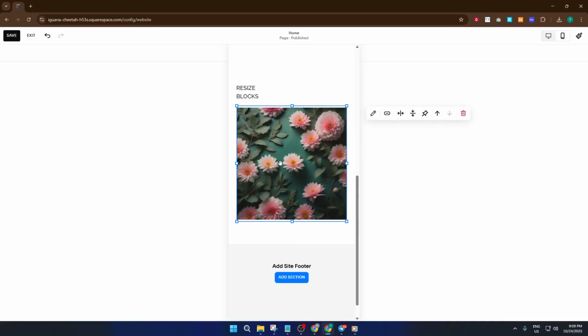Don't worry if things look a little off at first. It may take a few moments to experiment and get each block just the way you want for each device. Remember, Squarespace's flexibility is there so you can customize without any coding. And these resizing tricks are a great way to elevate your site's design. And there you have it. You've learned how to resize blocks in Squarespace for both desktop and mobile views using simple drag and drop or